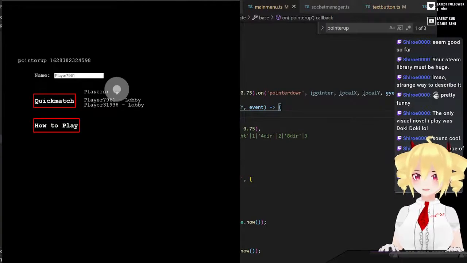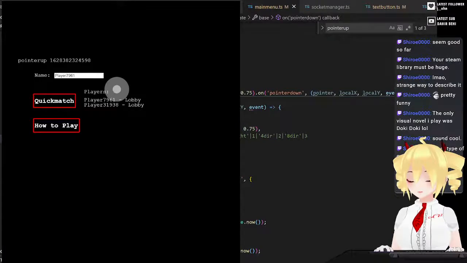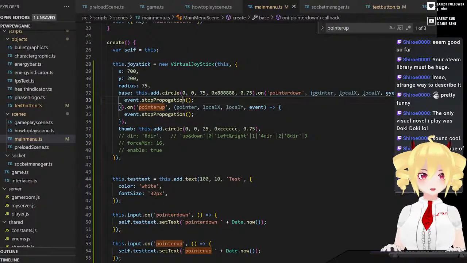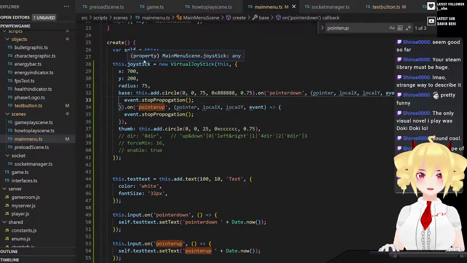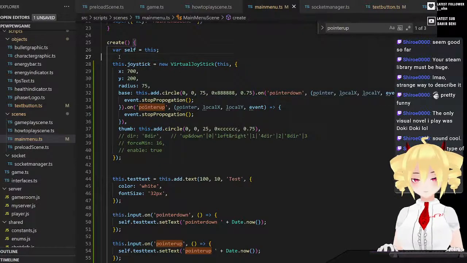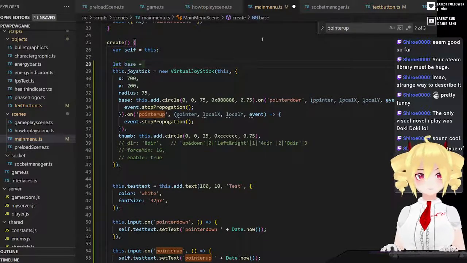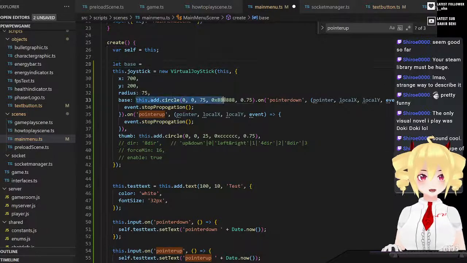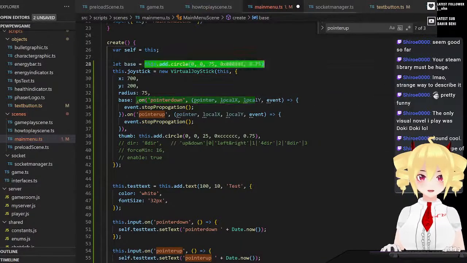Okay, so I can't use it anymore. So this is a little weird because I would have thought, oh, I think I know what we need to do. Okay, let's try this. So we're going to actually create the object first, and then pass it into the